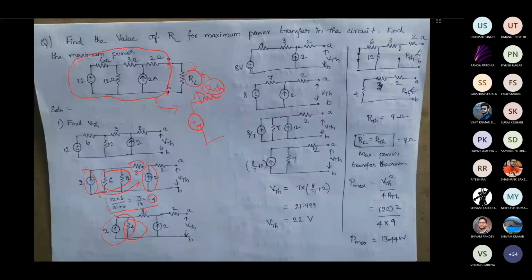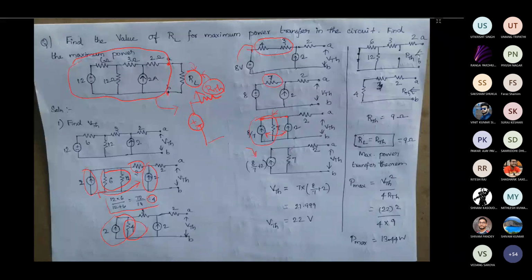Now after this, you can again do the source transformation for the voltage source with a resistor in series. If you do that, it will come like this. Then you can see that these two resistors are in series, so you can find the equivalent resistance here. Then you can again do the source transformation and convert that to a current source with a resistor in parallel. Now you can see that two current sources are in parallel, because there is no voltage drop between the starting element of these two sources. So these two are in parallel, and then you can find the equivalent current.